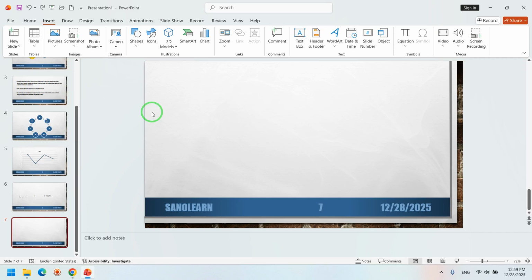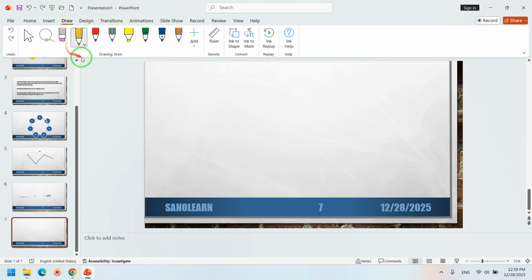In this video, we want to use the Draw tab to create new shapes for our slideshow. As you can see in the Draw tab, we have different drawing tools. For example, we have pen, highlighter, fountain pen, and other tools to draw our shapes in PowerPoint slides. For example, I will choose this pencil and draw a new shape